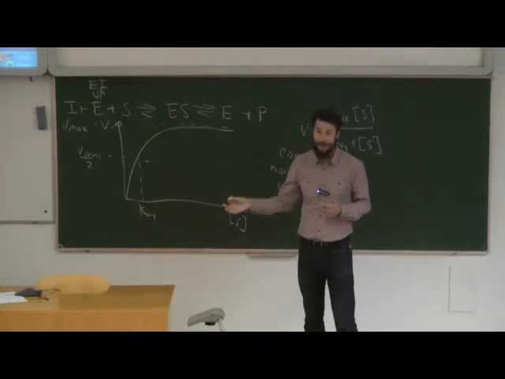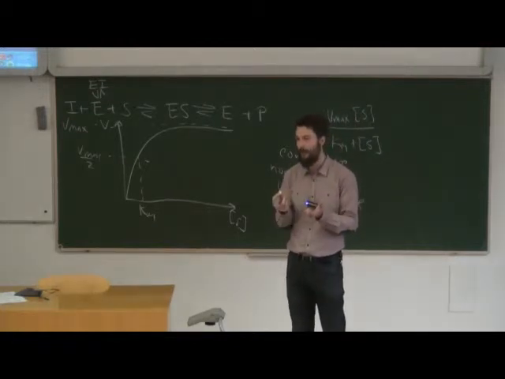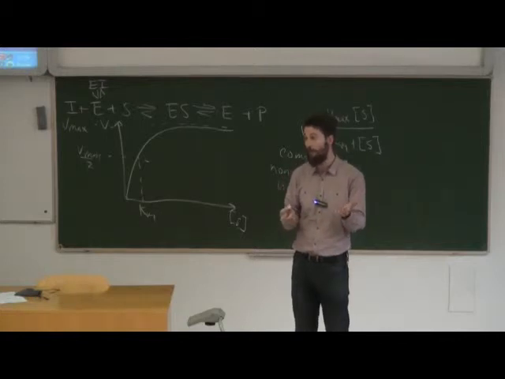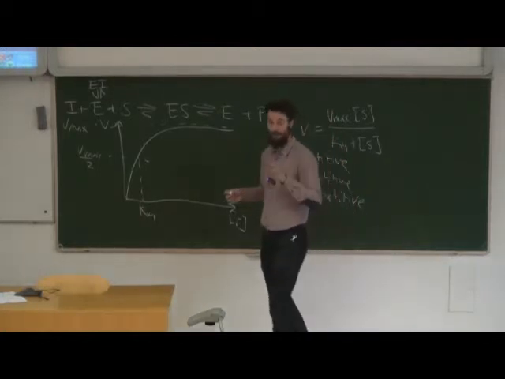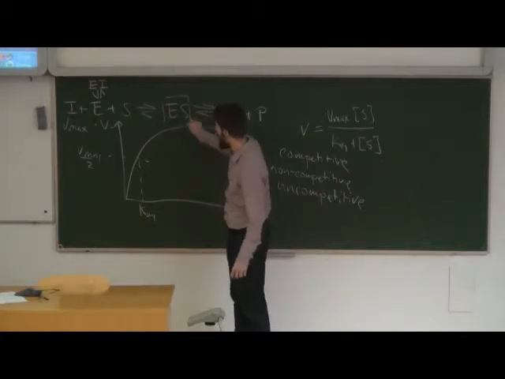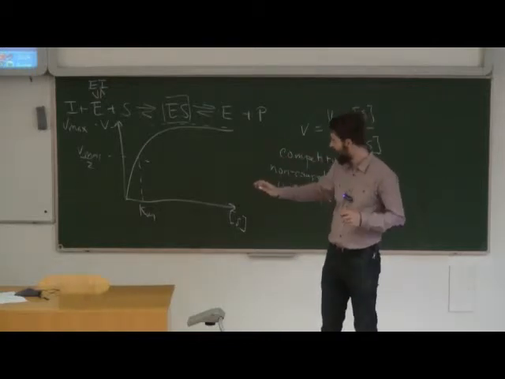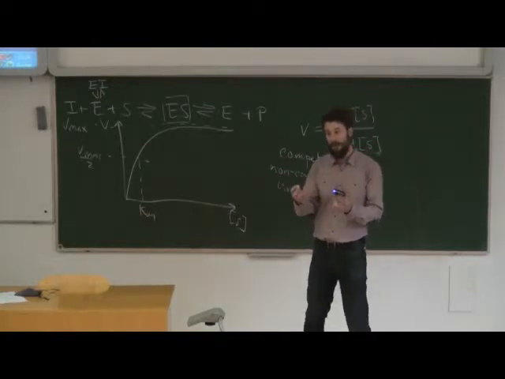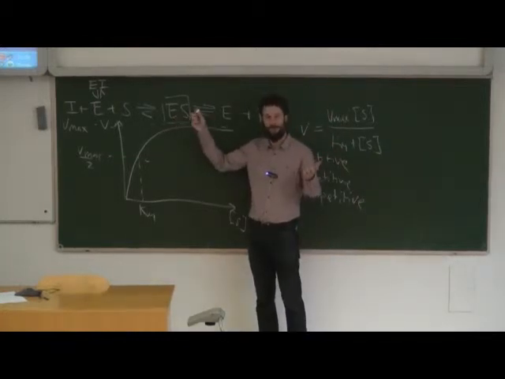So the Km describes the affinity, let's say the probability of binding the substrate. Okay? The higher the affinity, the higher the probability. Does it make sense? If we imagine that Km describes the probability of binding the substrate, or rather, of forming the complex ES. Okay? Let's assume that Km, well, it's sort of true, that Km describes the probability at a given situation that ES is going to be formed from E and S. Okay? Can we agree on that? Not really, but yeah.